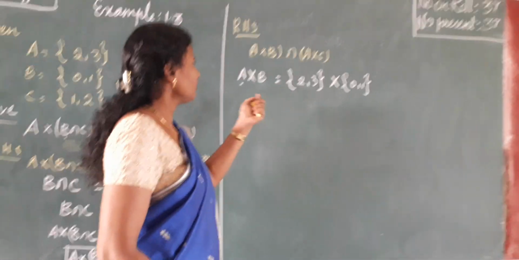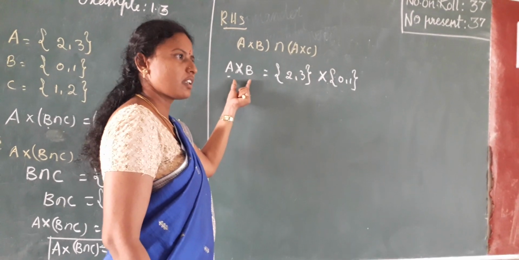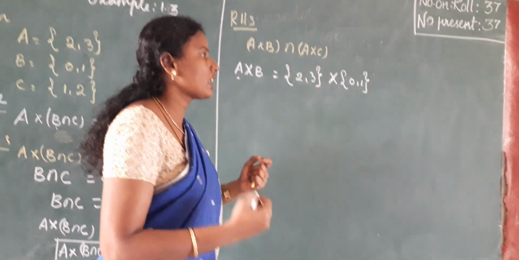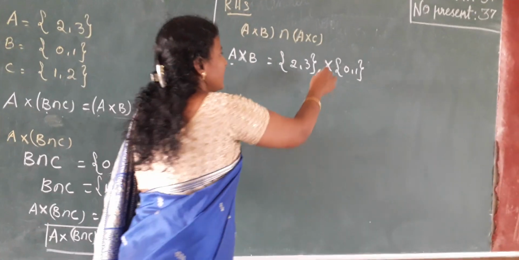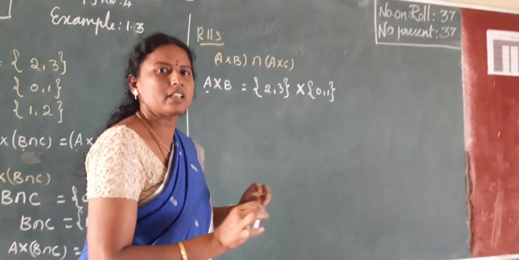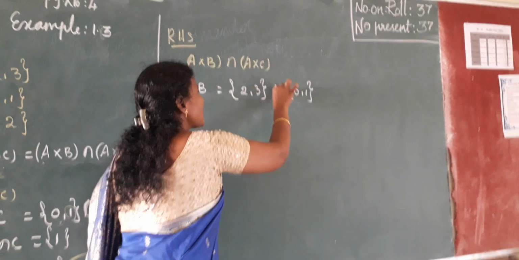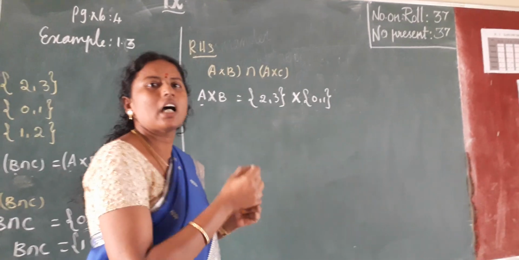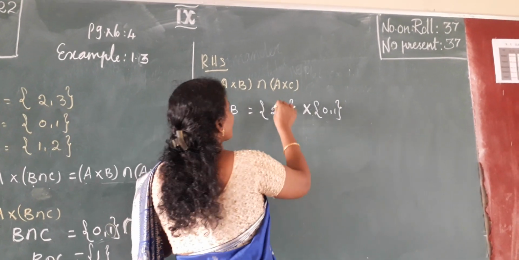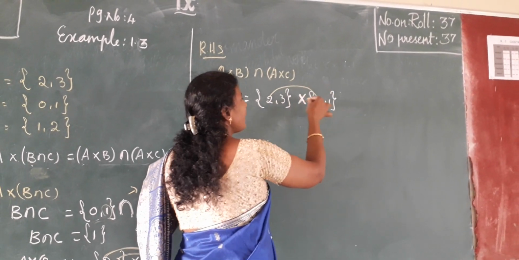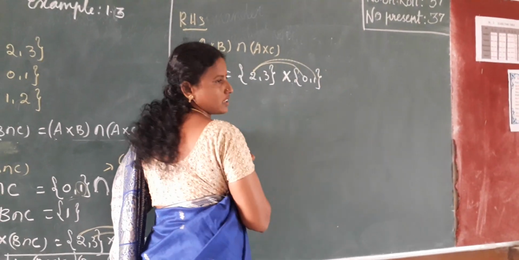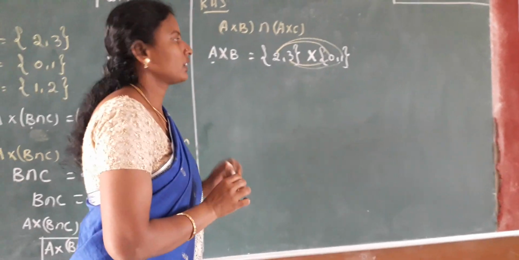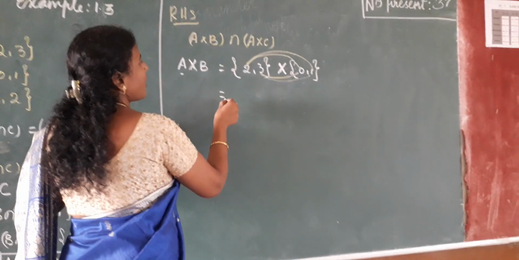Next, take the first bracket's inside values, write them, and then apply the values, and then you have to think what we have to do now. Here the cross symbol is there. Okay, what is the operation? Cross. Cross means what we have to do? Take the order pair. Order pair means you make a simple line likewise. If you draw a line like this and write, it will be easy. Okay, clear? So write the order pair.